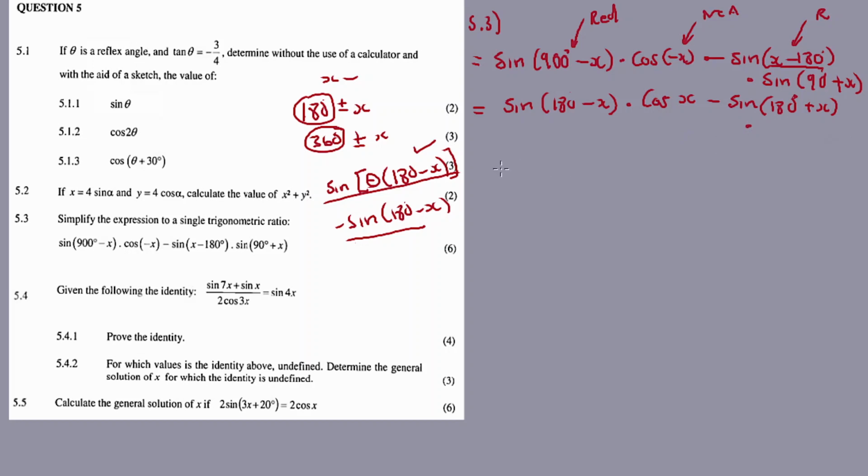Now, in most of the recordings I've been applying this one. So this time, this one is one. So sine 90 co-ratio. What's the co-ratio of sine? It's cos. So it gives positive cos x. Sine 180 minus lands in the second quadrant. It's CAST. In the second quadrant sine is positive. So it's sine x multiplied by